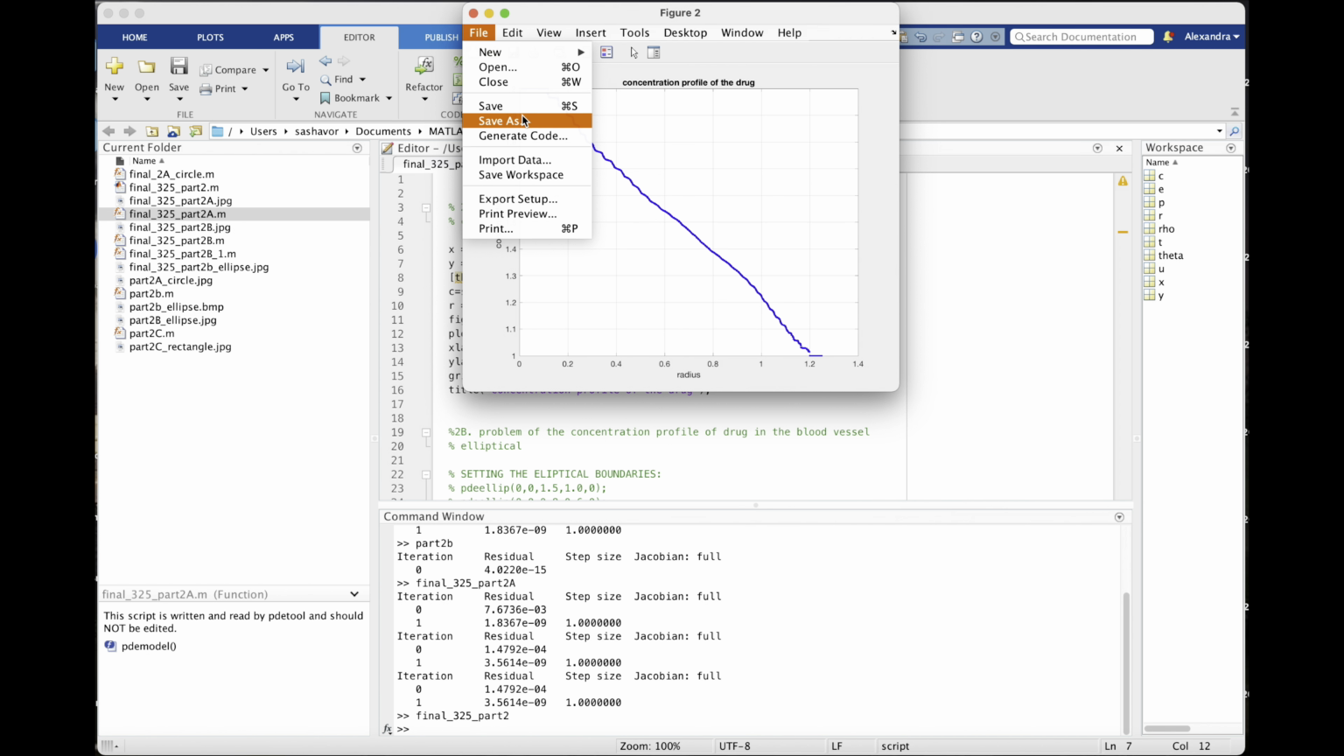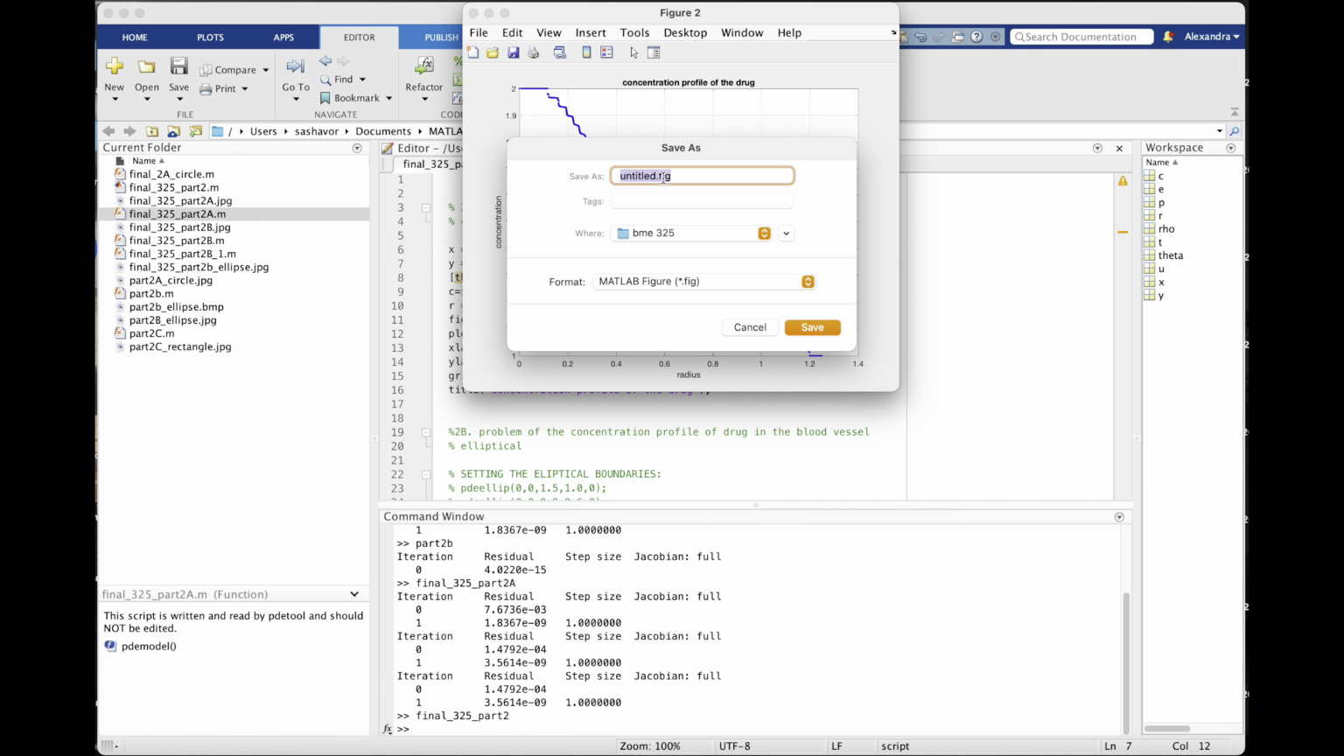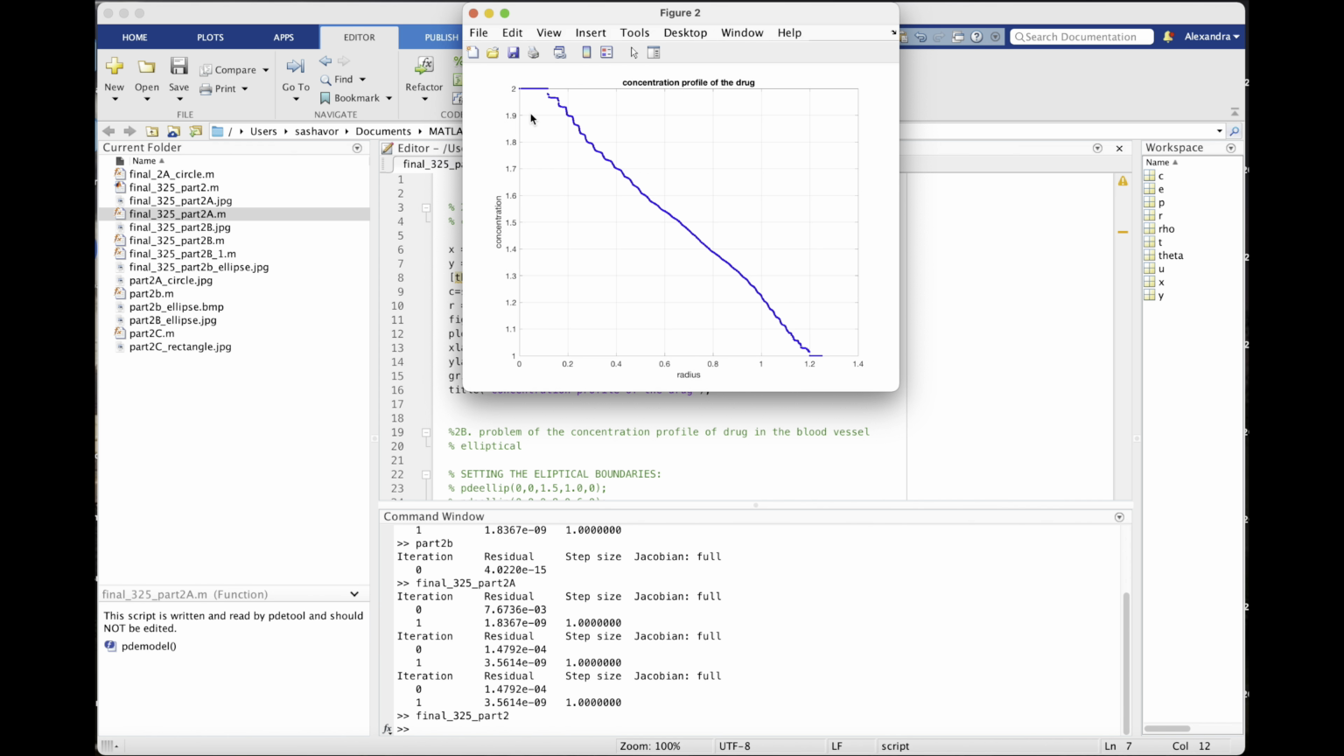File, we save the picture as JPEG, so we can use it somewhere else. Further, part 2, a circular vessel, let's call it this, and then we save it. So,